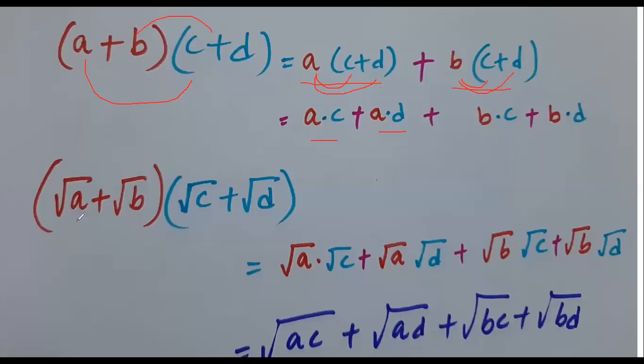Now if you have square roots, root a, root b, the same will be written. Where there is a, root a will be written. I'll give the time to copy, children. Where there is a, root a. Where there is c, root c. Like that you will copy that. So last step, we can write the common root. First rule, root a into root c, common square root ac. Is it clear? Just the formula.